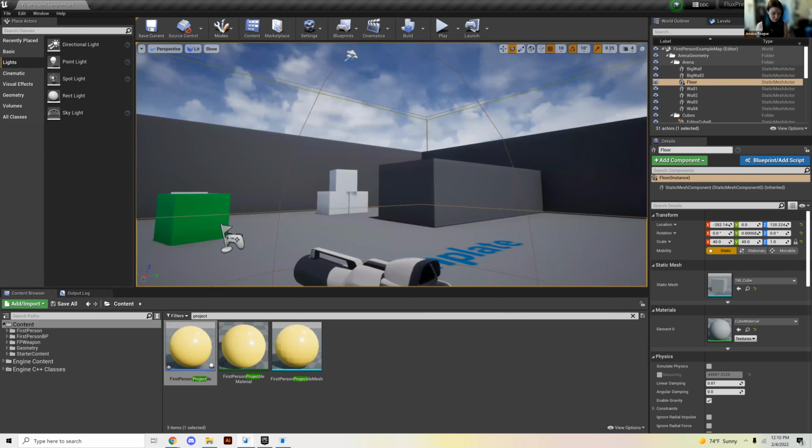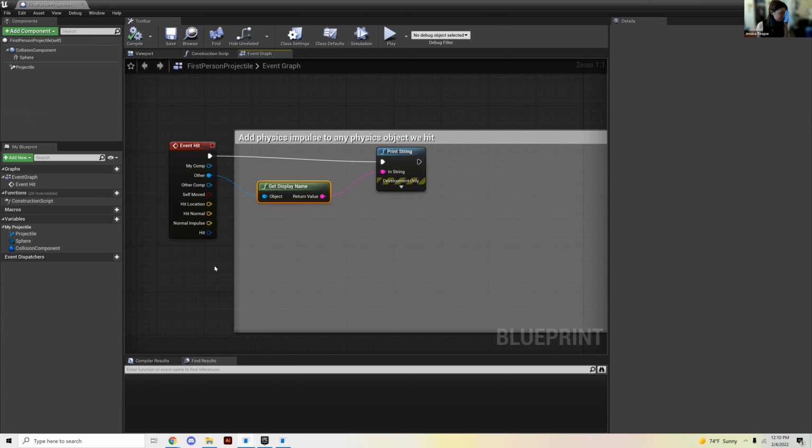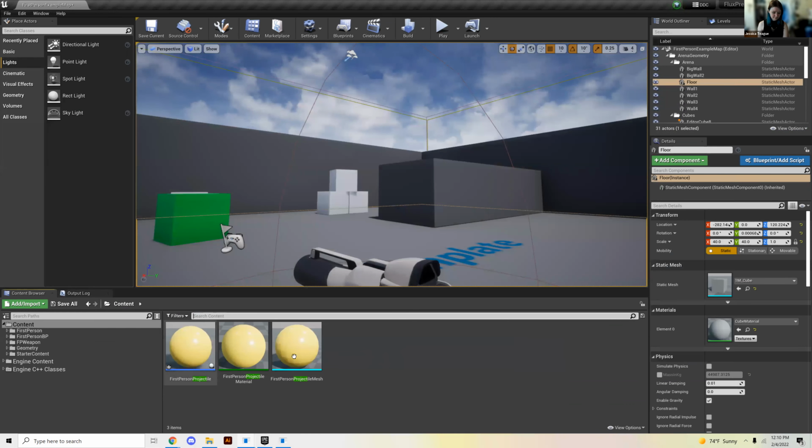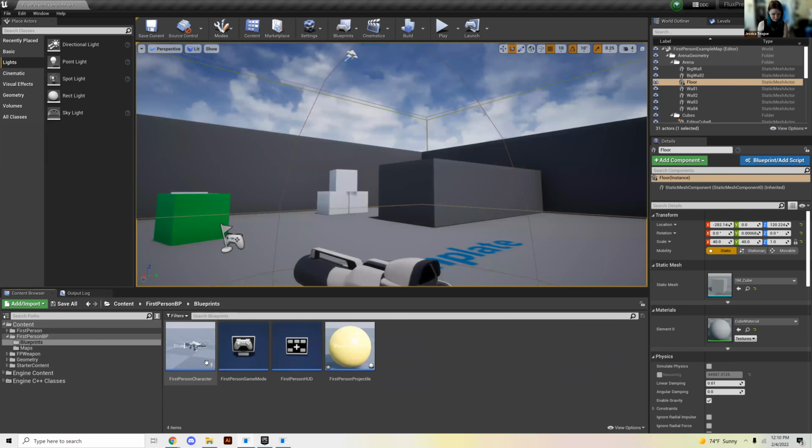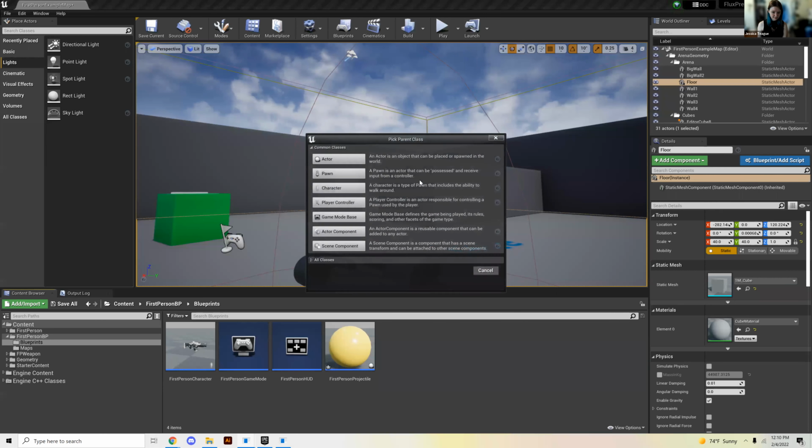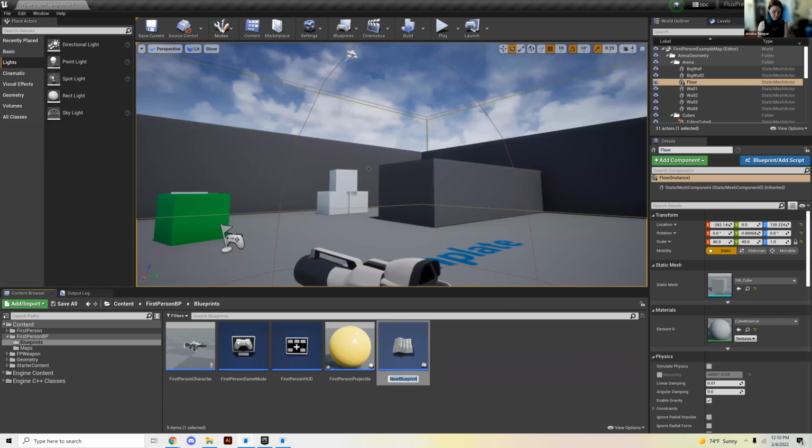So now we're going to get a little bit spicier. And I am going to make a new blueprint for you. Okay, I'm going to make a new blueprint. So right click, blueprint class. I'm going to do an actor. I'm going to call it